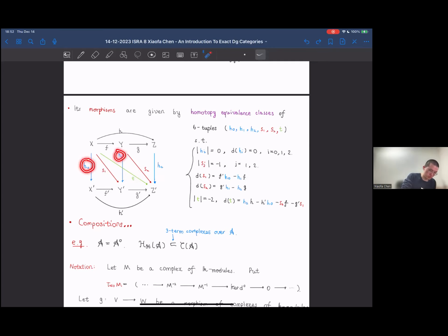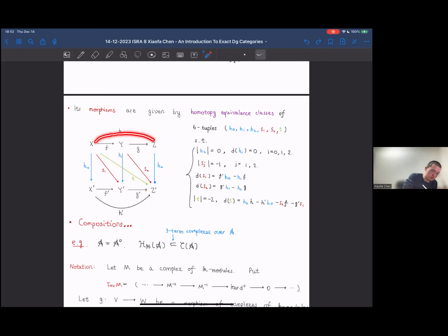And the differential of H is 0. And here, in the homotopy category, we expect this to be commutative, and this S measures the homotopy between the difference of the composition of these two morphisms and the composition of these two morphisms. And similarly, S2 is a homotopy between these two compositions, and T is the homotopy between